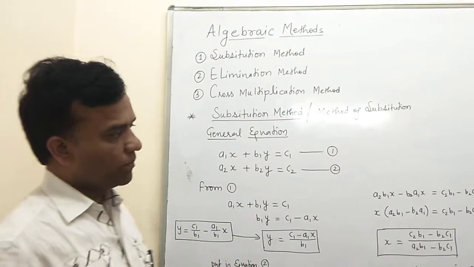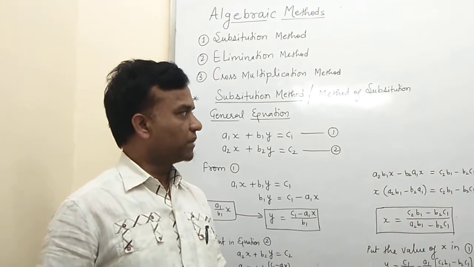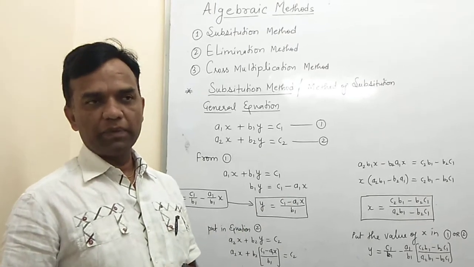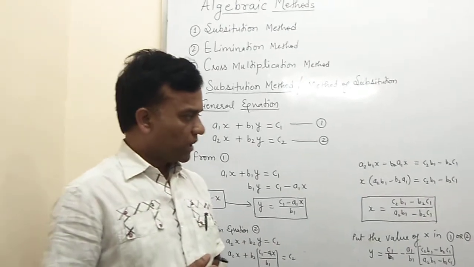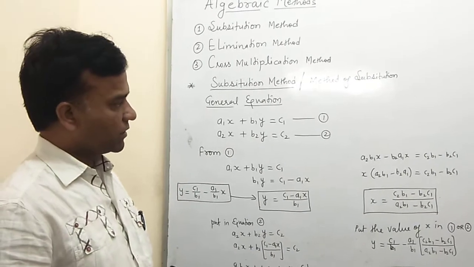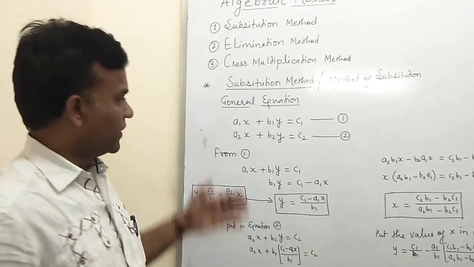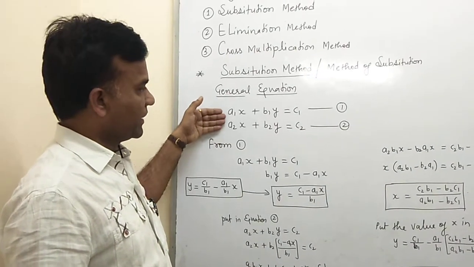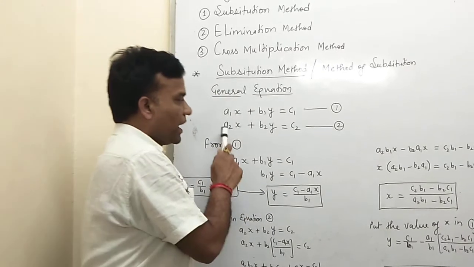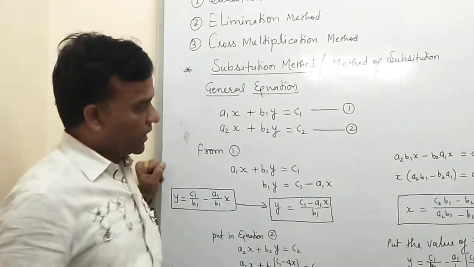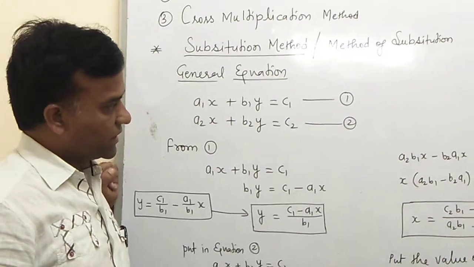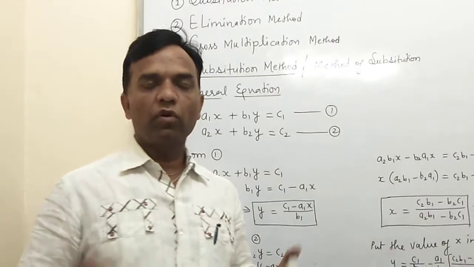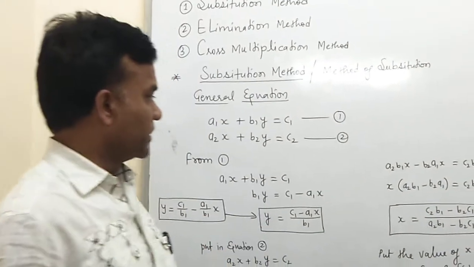With the help of examples we illustrate the method of substitution, because there are three methods, so one by one I explain with the help of examples and also the concept, how you use it in general form. What do you do if two linear equations are given? Here we discuss in the general form a1x plus b1y equal to c1 and a2x plus b2y equal to c2. Because there are two equations, first you look at your coefficients, because x and y have the coefficients a1, b1 and a2, b2.